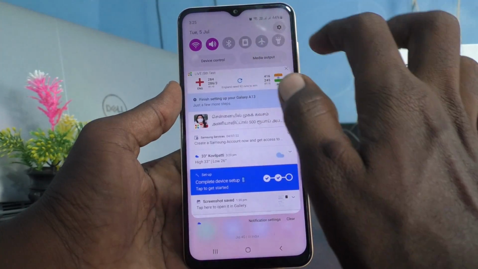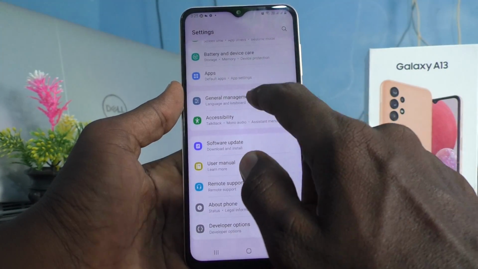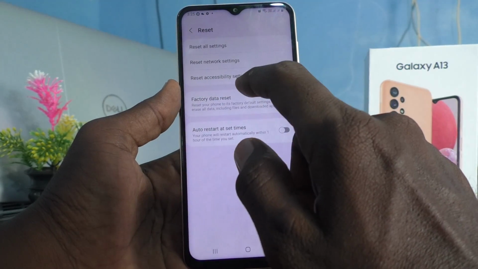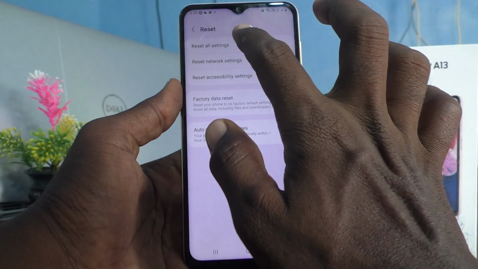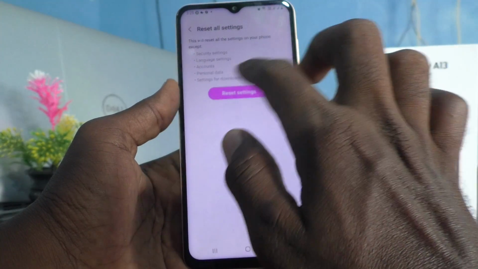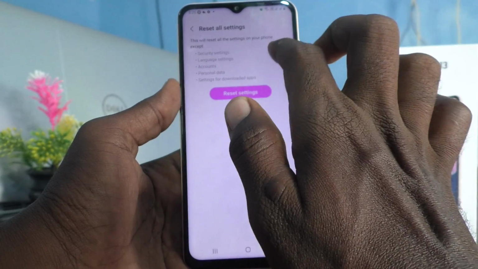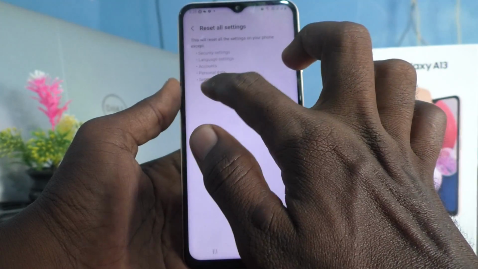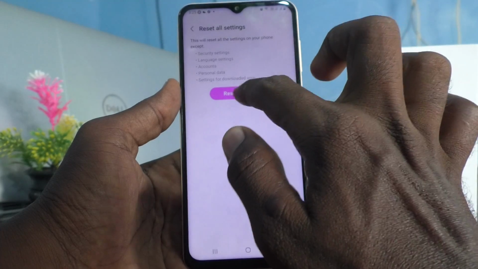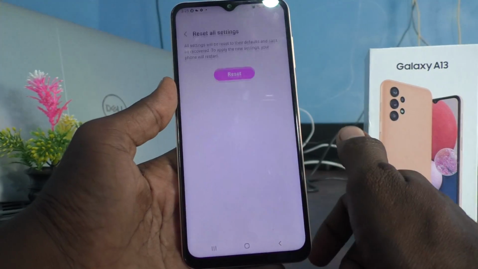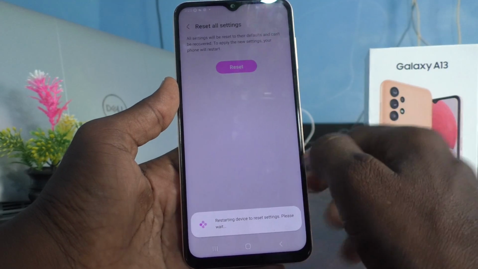First of all, go to the settings of your phone here and click on General Management and click on Reset. And here you go to click on Reset All Settings. So this will reset all the settings on your phone except security settings, language settings, accounts, personal data settings for downloaded apps. Click on reset settings and you go to give your pattern for authentication and click on reset and